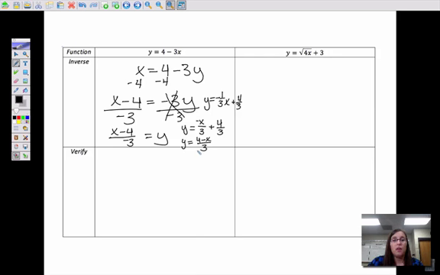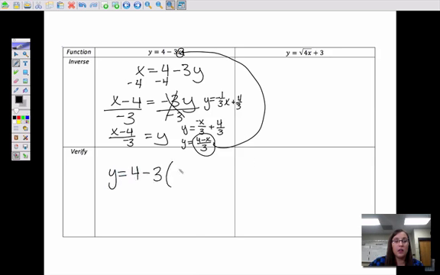Okay? So then, to verify, we're going to take the composite. So what we're going to do is take what we found that y equals, and put that into our original function in place of the x. So we're going to put it into the input, and we should just get x left. So we're going to do 4 minus 3 times 4 minus x over 3. Okay? So remember, this minus 3 is like a negative 3. So when I multiply these, I'm going to get